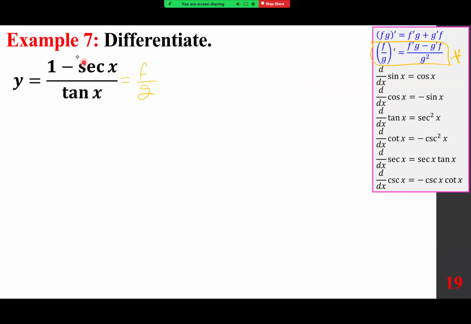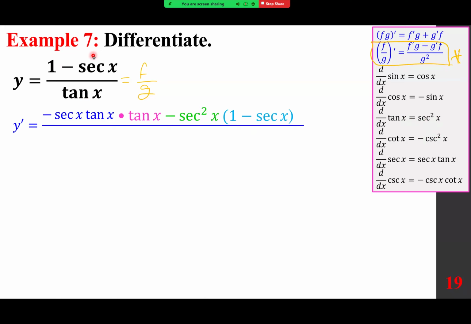So we need f prime, the derivative of the top, 1 gives you 0, minus secant, the derivative is secant x tan x, times g, the bottom, which is tan x, minus g prime, the derivative of tan x is secant squared, so minus secant squared, times f, just times the top, 1 minus secant x, over g squared, just write the bottom and square it,